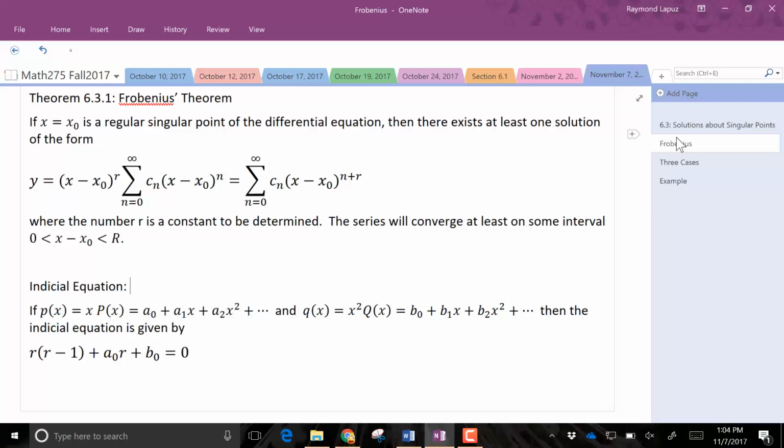And again, for simplicity's sake, we're going to be using x naught equal to 0, because that's just the easiest thing to do. If you start moving your x naught to a different place, the calculations will be 3 times as hard, but the result could just be a function that's been shifted. So if we ever have an issue with a different x naught, we usually try to shift it to 0, shift it to the origin.